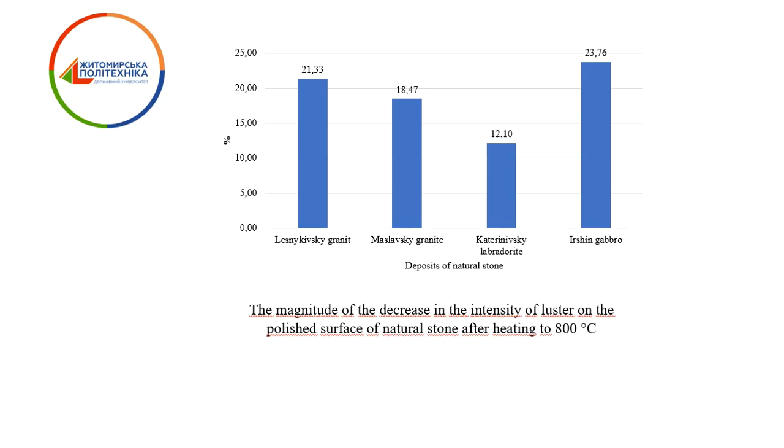The greatest decrease in the gloss of the polished surface of natural stone when heated to 800 in Orshinsky-Gabbro is explained by the fact that the main mineral of Gabbro is pyroxene, which is most prone to destruction when heated. At a temperature of 200 C, pyroxene begins to melt, and at a temperature of 600 C or more, it is completely destroyed. This leads to deterioration of the structure of the surface of the sample and a decrease in